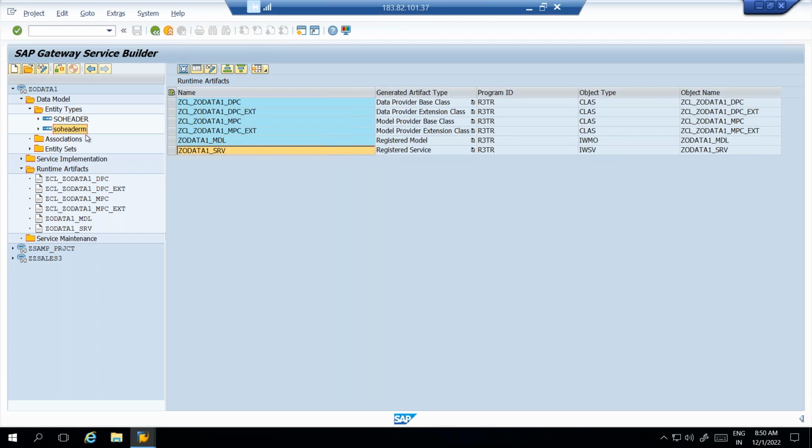Sales order header and sales order item. So now click on